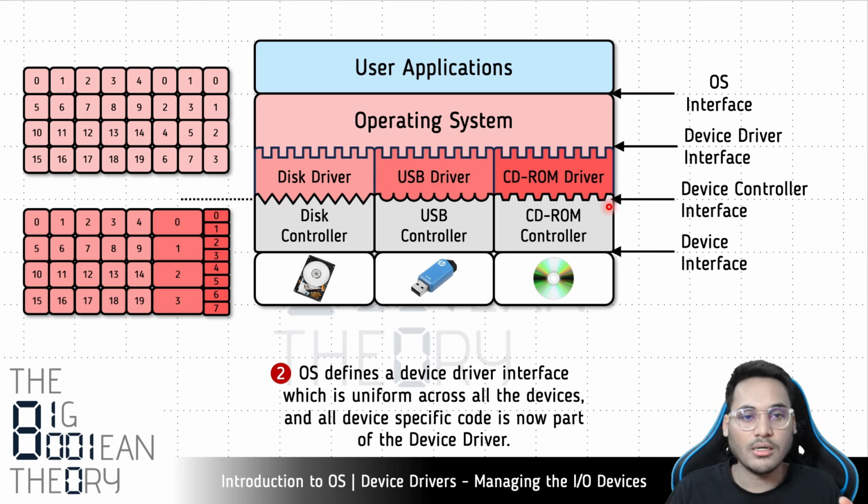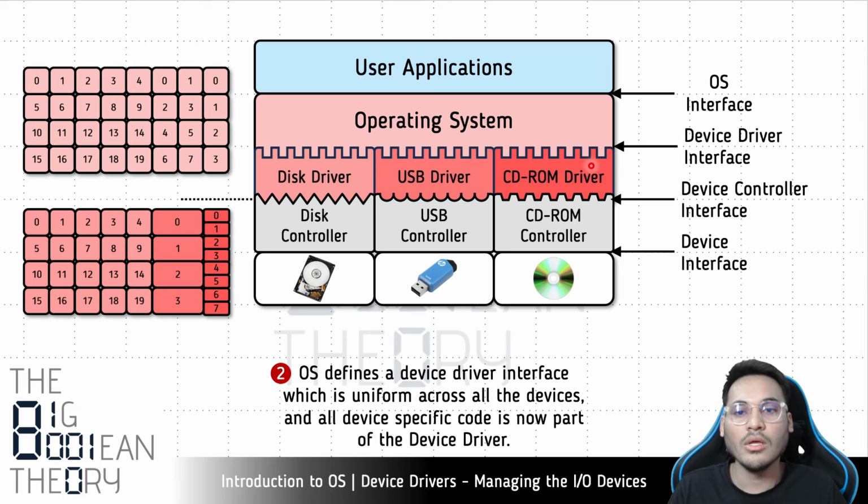We said that the complexity lies in the fact that all of these interfaces are different and unique, right? So what the operating system does is, for similar types of devices, in this case storage devices that are used to store data persistently, the operating system defines a single and uniform interface. Now all of these storage devices have to follow this single uniform interface. So there are three different interfaces in this case, but all of them have to finally follow this single uniform